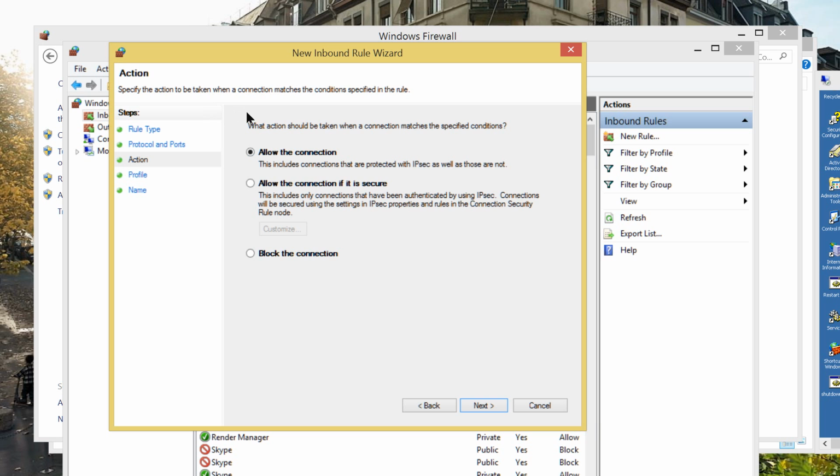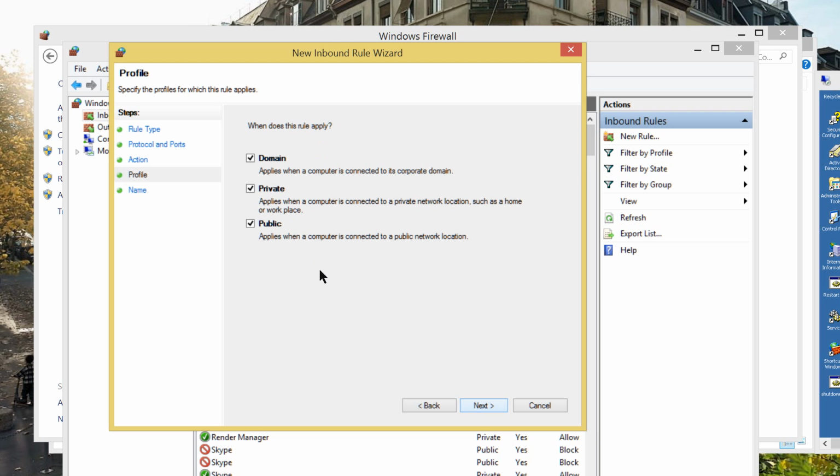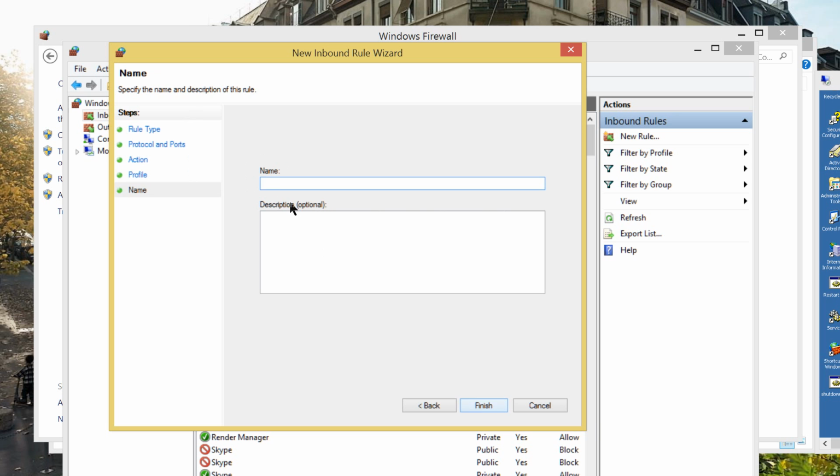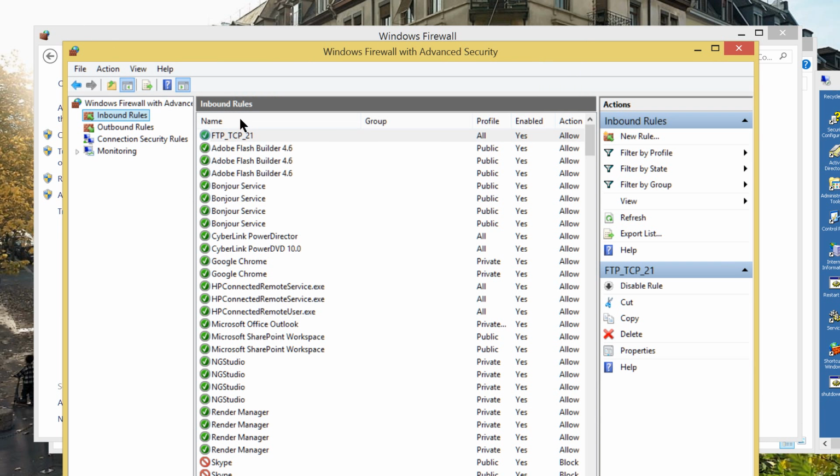This includes connections that are protected by IPsec as well as those that are not. Alright, click next and it is in domain, private and public. This includes internet public. Now clicking and it is FTP TCP port 21. Alright, and that's the name of the rule on this firewall.